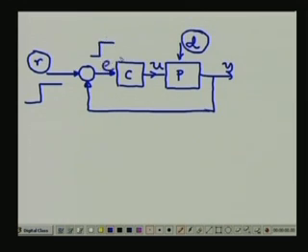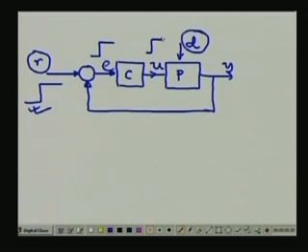So the change in error E is almost instantaneous corresponding to the change in R. So the controller also responds with an instantaneous change in U and the output gets adjusted as quickly as possible,